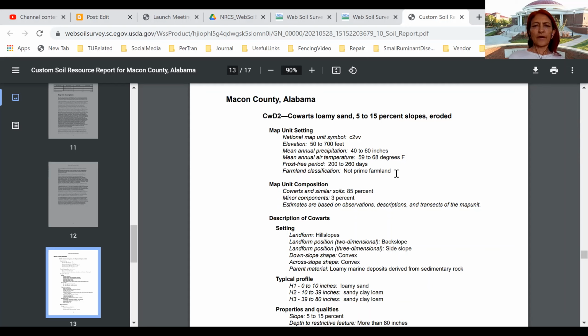It is not prime farmland. And then map unit composition, you can see core and similar soil 85%, minor components 3%, and estimates are based on the observation, description, and transect of the map unit. That's how the NRCS worked while developing the